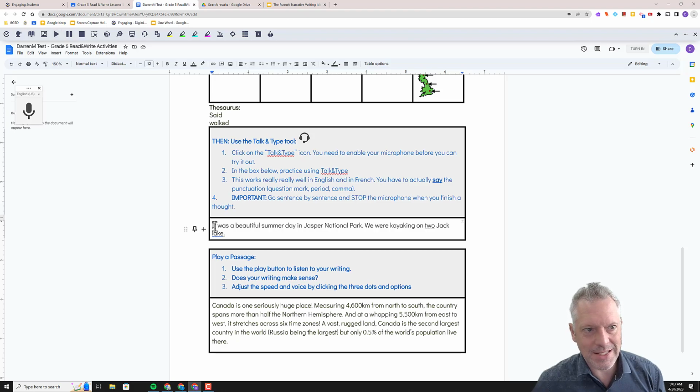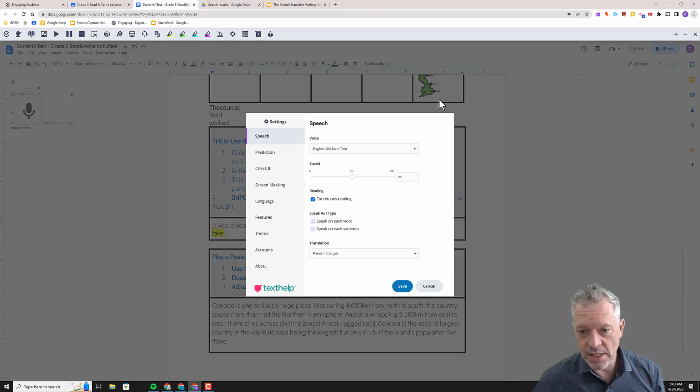And this is not because you can't read. It's because our brain fills in the blank. So I would like you to go over your story. It was a beautiful summer day in Jasper National Park. We were... If you don't like the voice, you can go up to the 3 dots in settings and change it